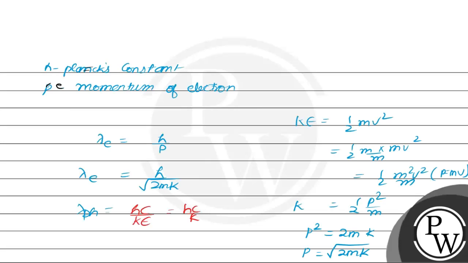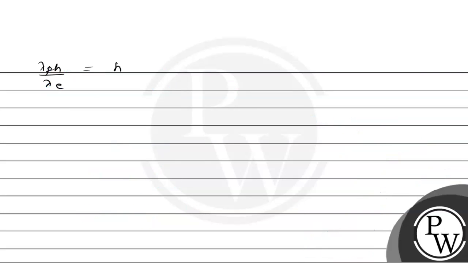So lambda of photon we got hc upon K, and lambda of electron is h upon root 2mK. So h and h will be cancelled out. So this will be c upon K